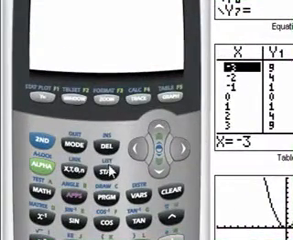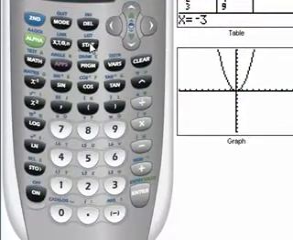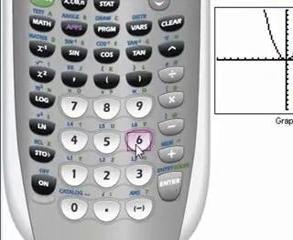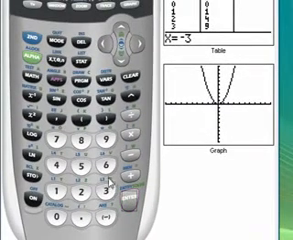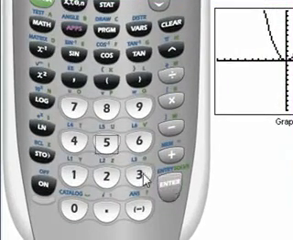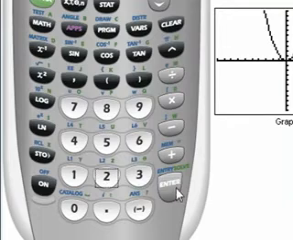Some other things that it will do, if I go to the stat key, edit, this is really helpful when you're inputting numbers in a list and the students are trying to follow along with what data is being inputted. Making sure to hit enter after each piece of data, and then go over to your L2 and input some more data,